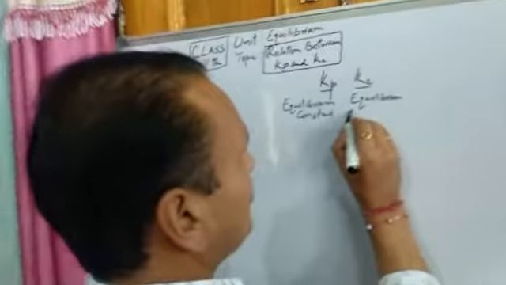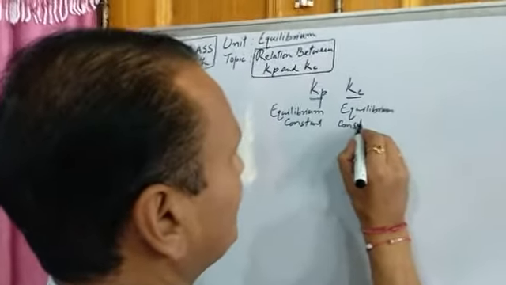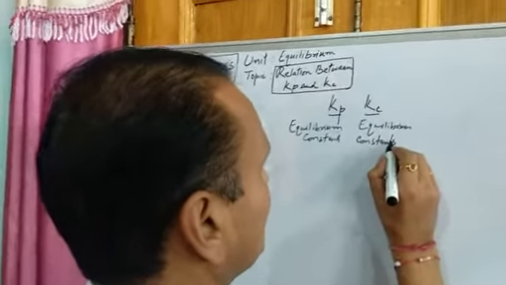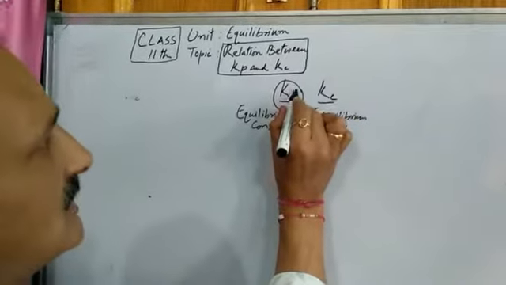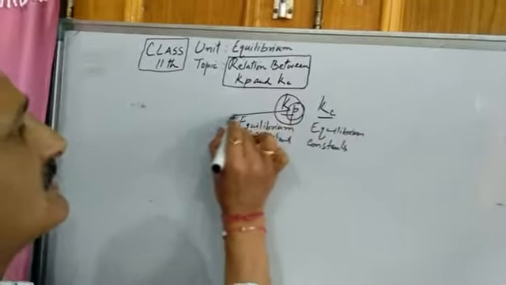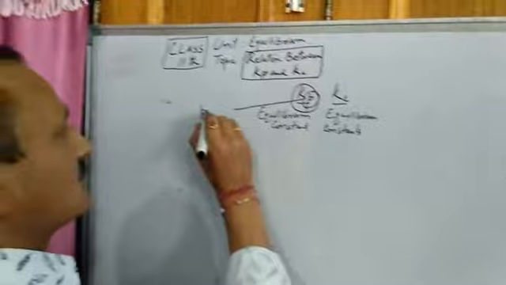Now, what is the difference between these two constants? This is the equilibrium constant when we take into consideration P. P means partial pressure